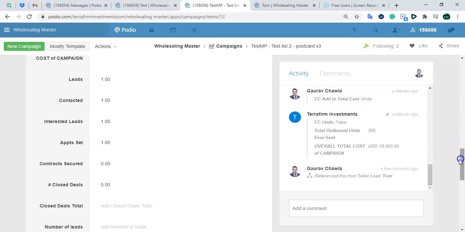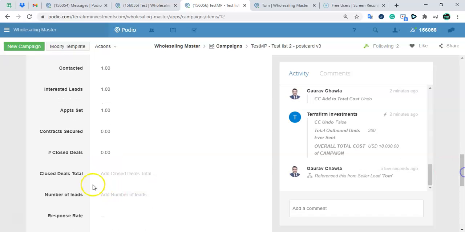So this is how it works. The contract secured is the number of transactions synced to this, and closed deals are the number of closed transactions synced to this. So this is how it works,